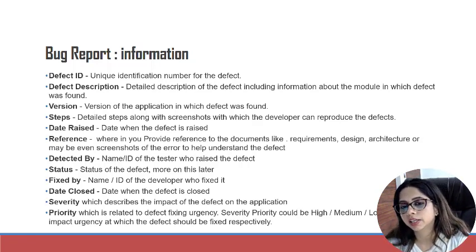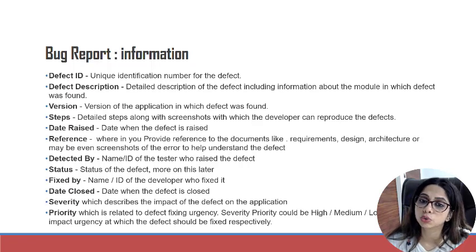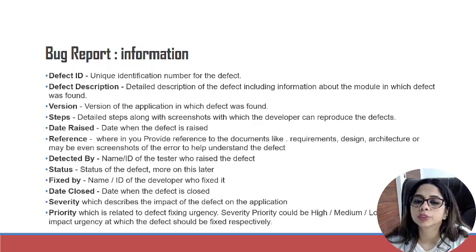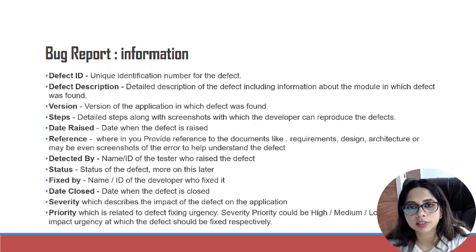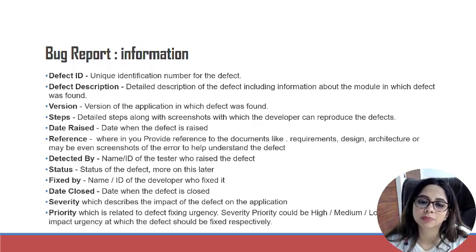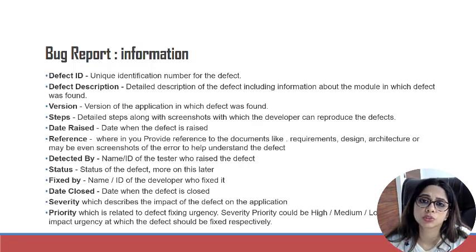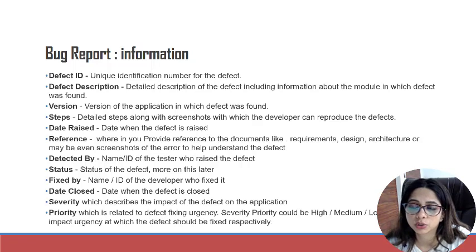If it is an Excel, yes, we have to write all these columns. If it's a tool like Jira or Bugzilla, Mantis, any other tool, all these columns are properly mentioned there. So the columns are majorly defect ID, defect description, version of the software we are testing, steps to reproduce that particular issue, date raised, when did the bug get raised, references, let's say there are any screenshots which